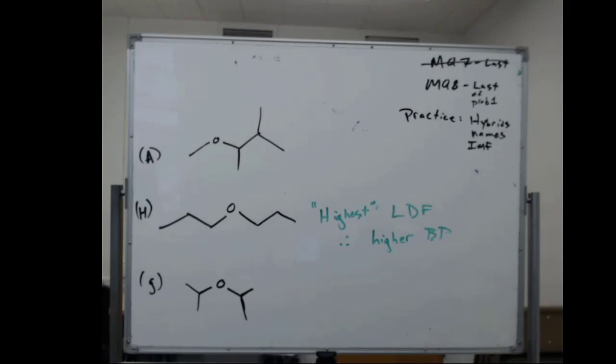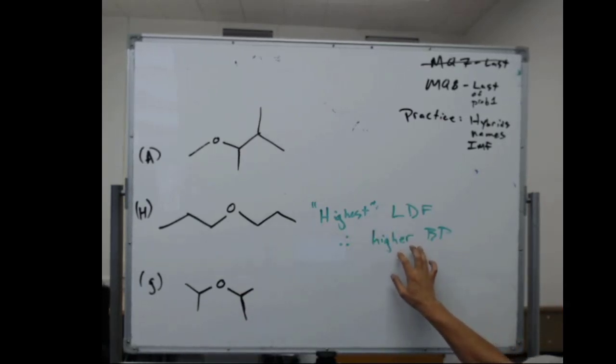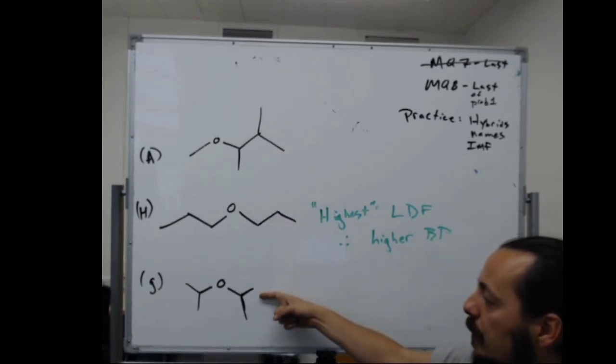No. So if we're doing order, let me check the order. So we're doing lowest boiling point to highest boiling point. The higher surface area means higher boiling point. So H should actually be our highest boiling point in that series. And then if we looked at this one versus this one